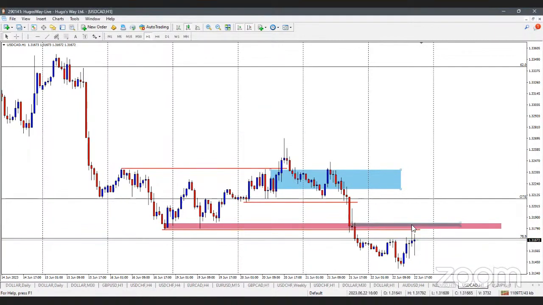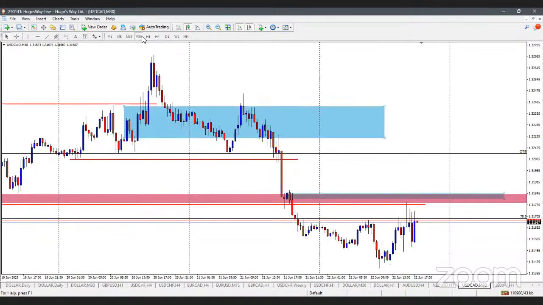So the price has wicked into the other side, which is good. On the 30-minute, there's a supply zone, which is in the midpoint range of this bigger H1 zone. So what does that mean? It means that tomorrow, if USD CAD so chooses, let me just take this here.